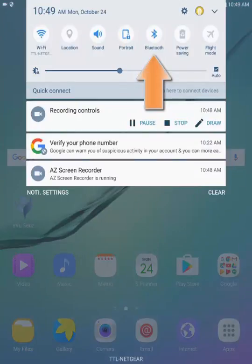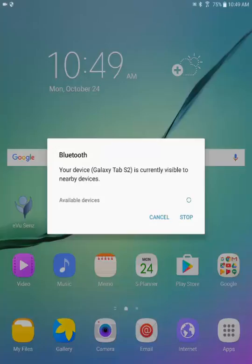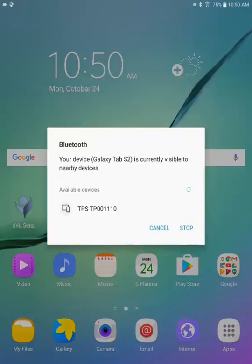And so I'm going to press on this Bluetooth button to turn it off and turn it back on in order to open up the Bluetooth pairing window. In this window, my tablet is attempting to locate any Bluetooth available device nearby. We can see under available devices it has located one such device, which is called TPS